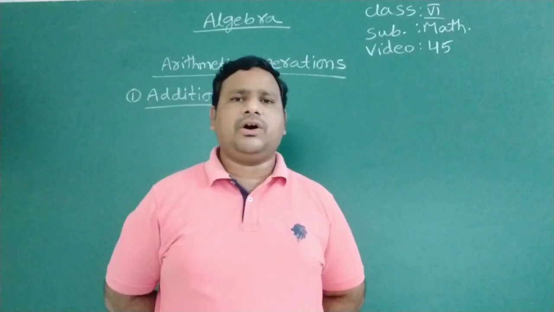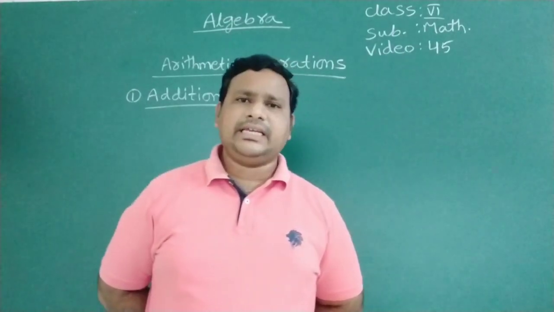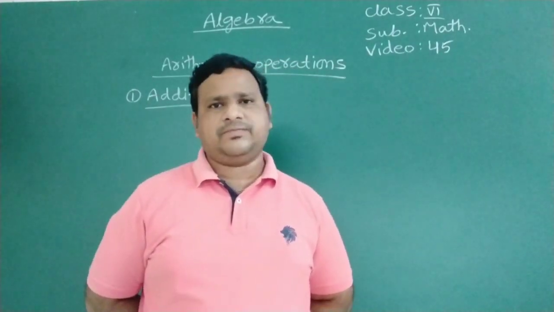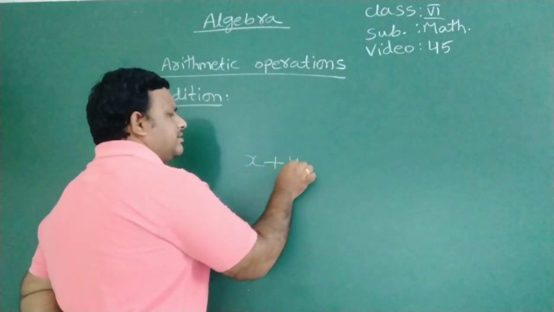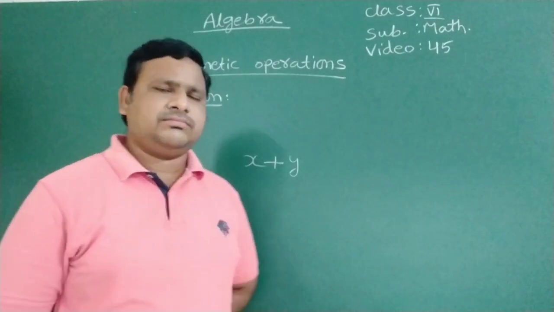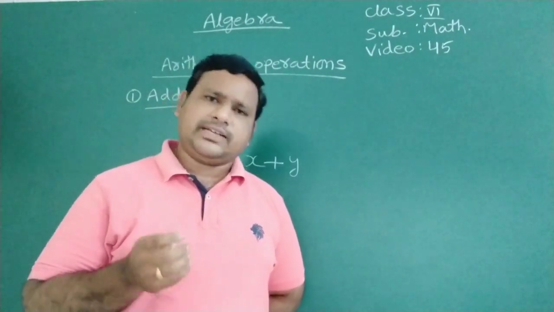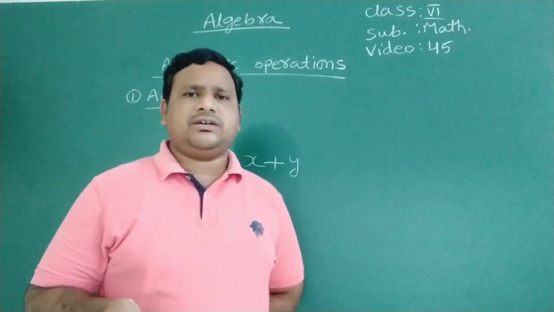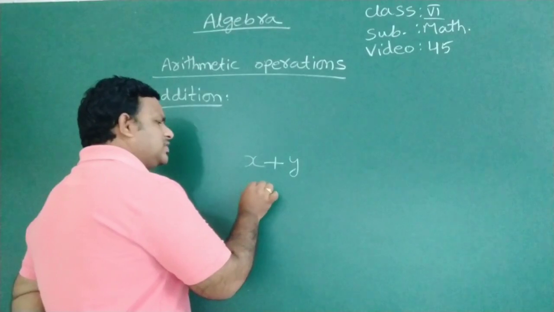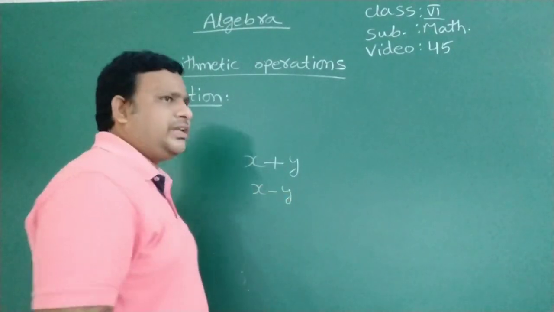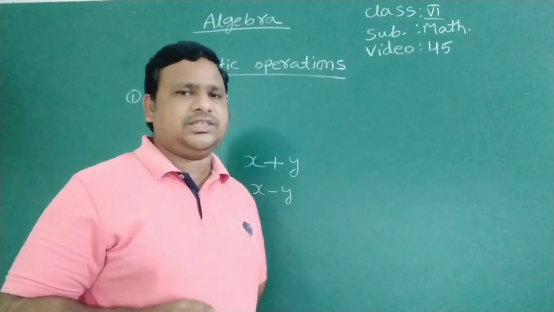These two depend on the like terms. Understood? So compulsorily we need to have like terms to add or to subtract. For example, x is there and y is there. Can we add both of them? x plus y, is there any other quantity? No, x plus y is x plus y only. There is no change in the expression. And x minus y is there. Can we do anything? We can't do anything there. We will keep it as it is, isn't it?